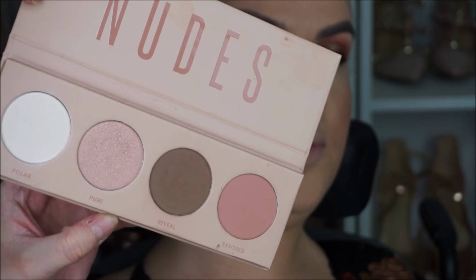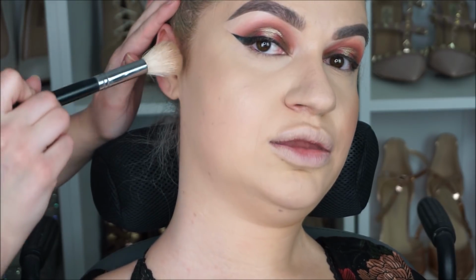So I haven't used the white one. However, the other three shades are absolutely incredible. And I use the contour shade, which is called Reveal, to pull out the hollow of my cheek. So we are going in with a Morphe M530. Now we're going to go from the top of the ear, just where you can see this natural